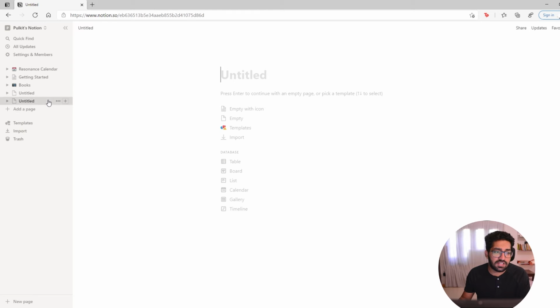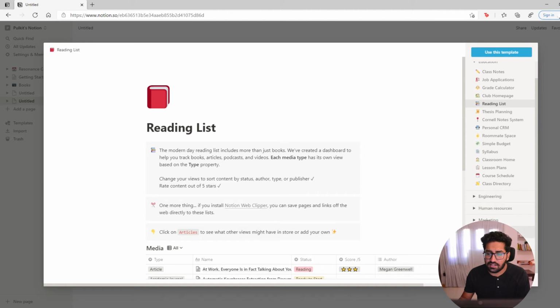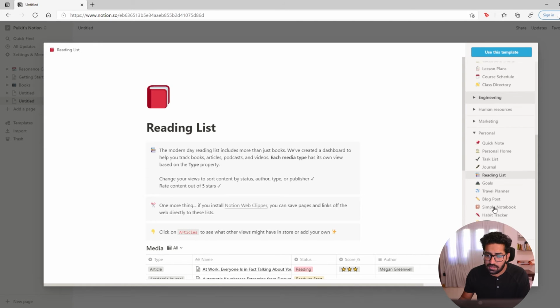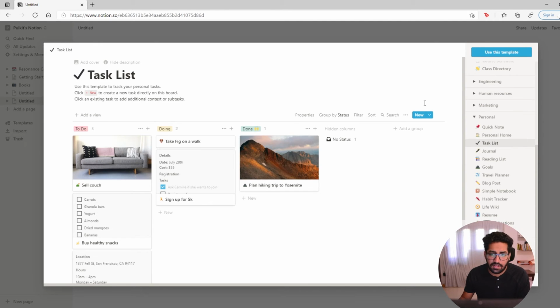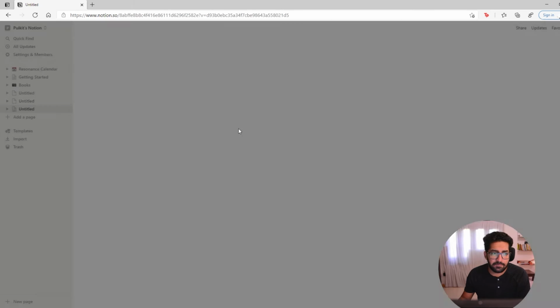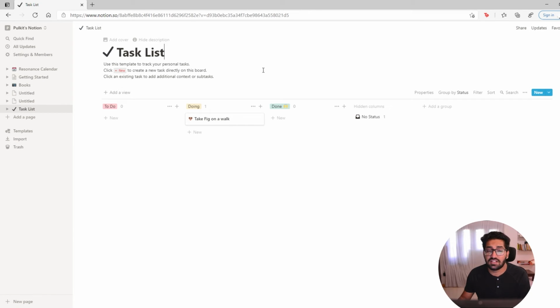So what we are going to do is go to a template, and then we will go ahead and go to personal inside that, task list, and I'll just use this template. This is a very basic to-do list kind of template that we're going to edit and make a little more productive, so we can track on a larger scale whatever is going on with us. If you're handling multiple things, you can do it more productively on this particular list only. So the first one is random ideas, then number 2 is in progress, stuff that you're working on,